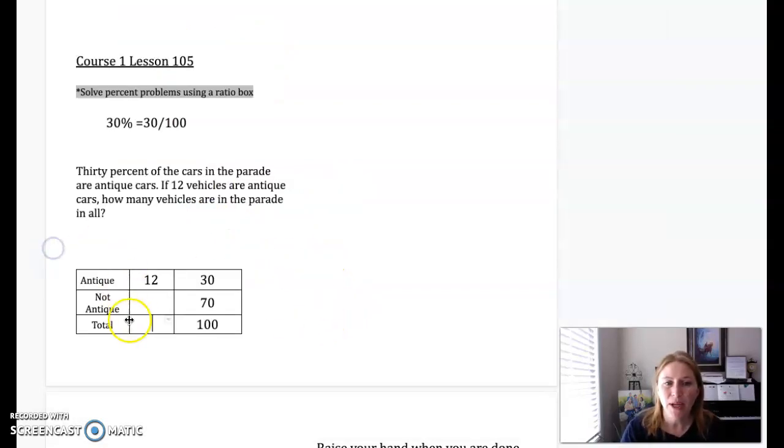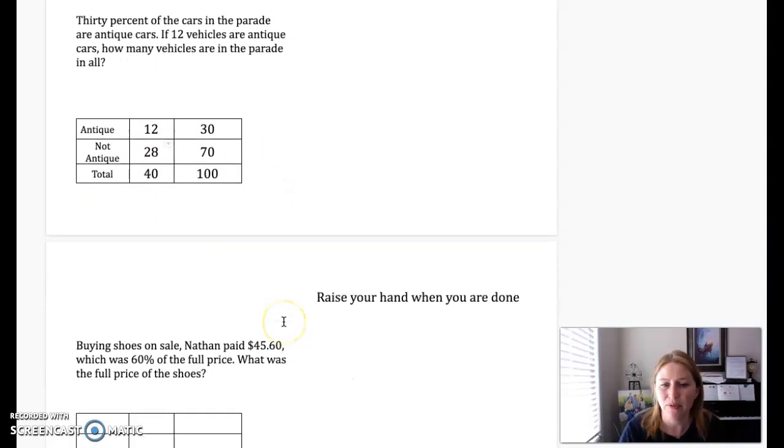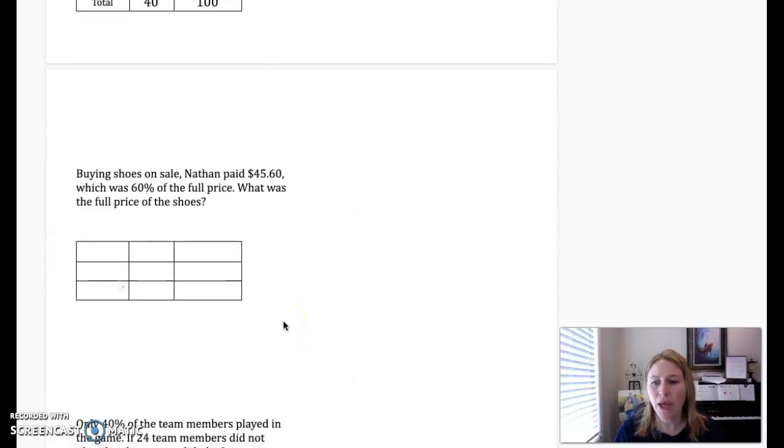So that tells me how many were in total. So if I wanted to figure out how many were not antique, I would do the subtraction, and 40 minus 12 is 28. And I could do the same thing. 28 times 100 divided by 40 would be 70. Or 28 times 100 divided by 70 would be 40. I could cross multiply to check any of those, but that's how we fill it out. Okay,